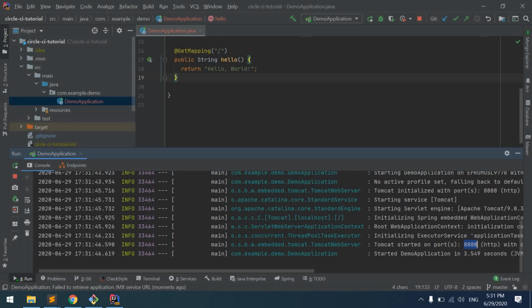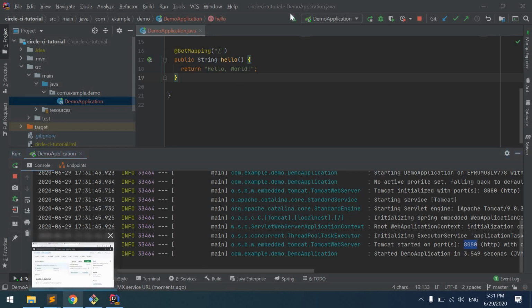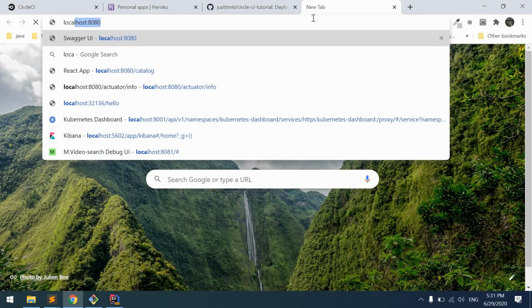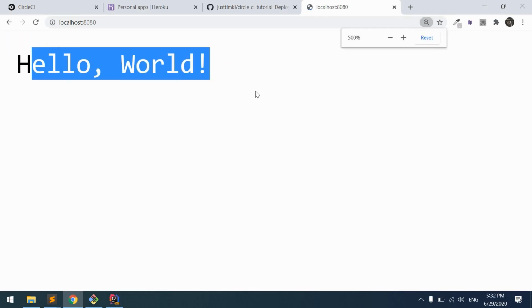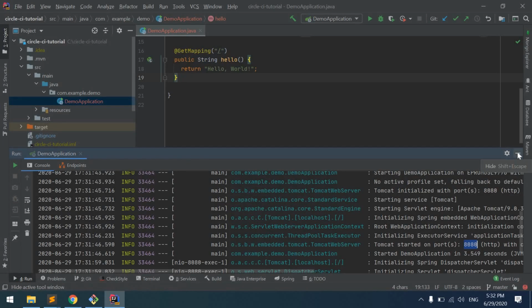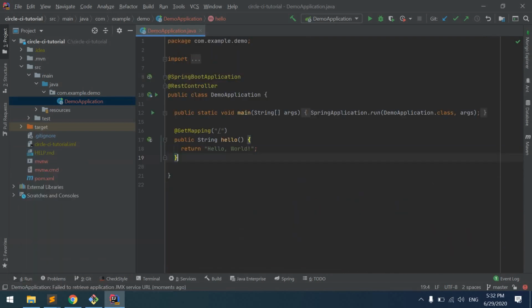Yep, we see that our application started on port 8080. Go to the browser, localhost, and we can see the hello world in our browser. So let's stop it